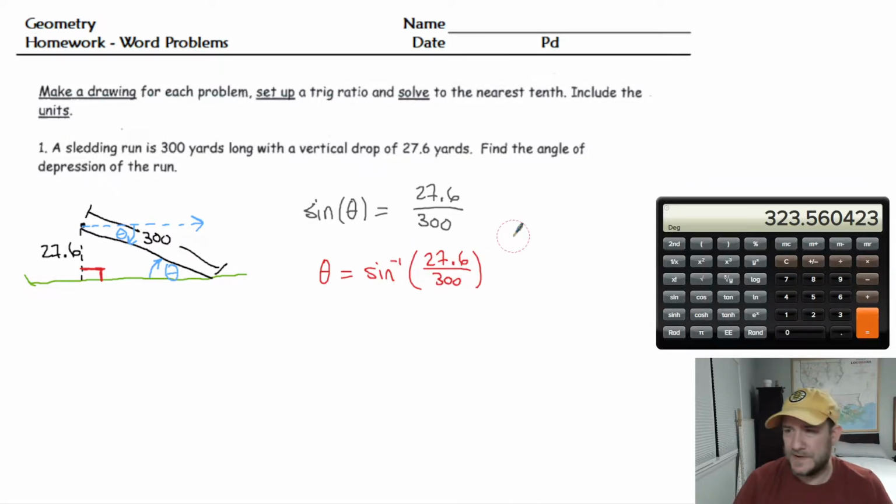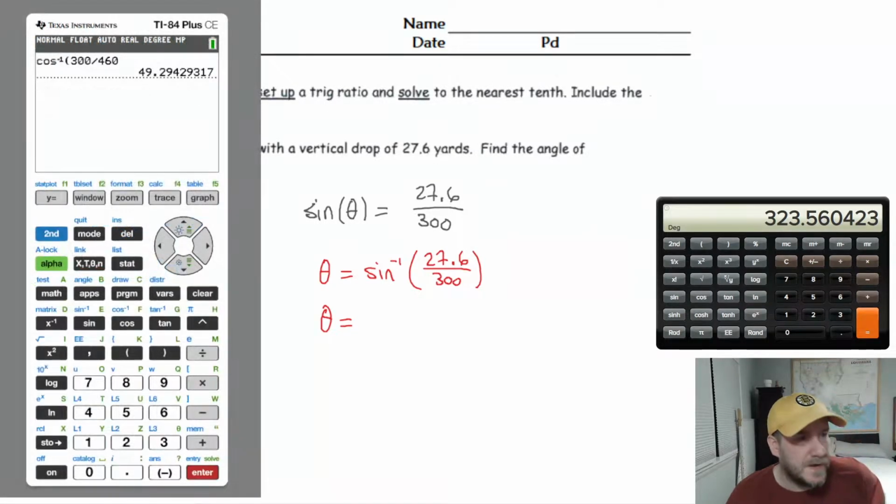All right, so let's now find out what theta is. The easy way, the medium way, and the hard way. The easy way first, of course, is just having your calculator, a TI graphing calculator. Because if you got that, you type it the way it looks. You say inverse sine 27.6 divided by,